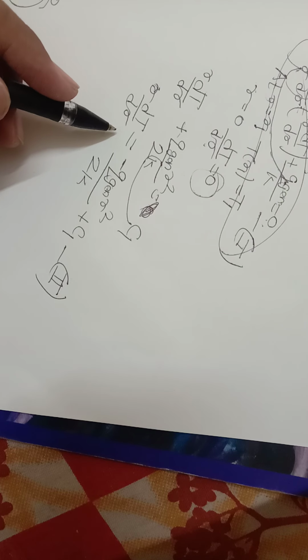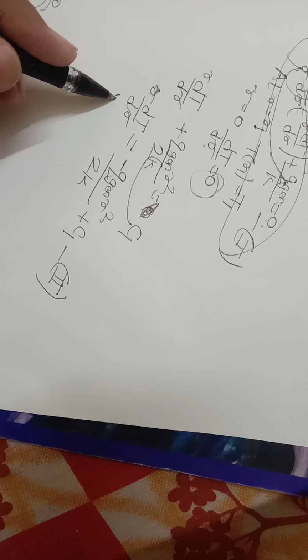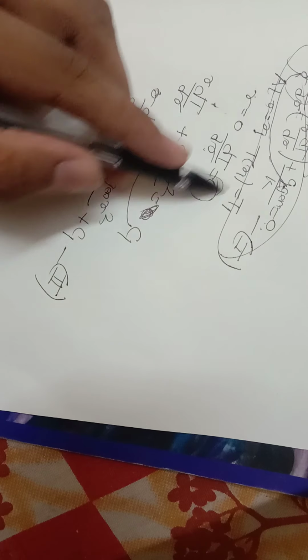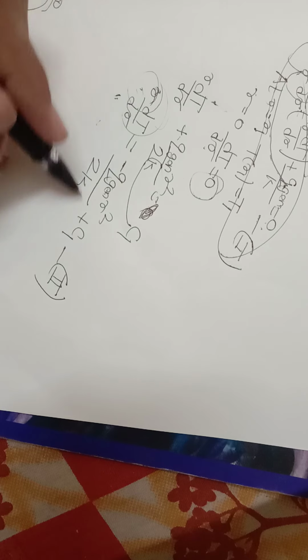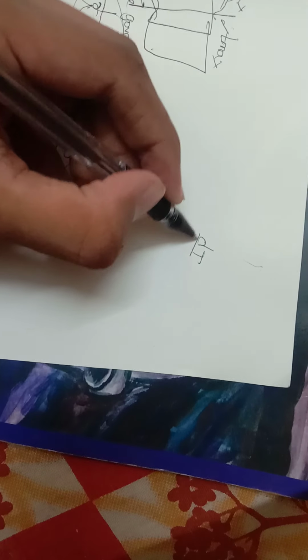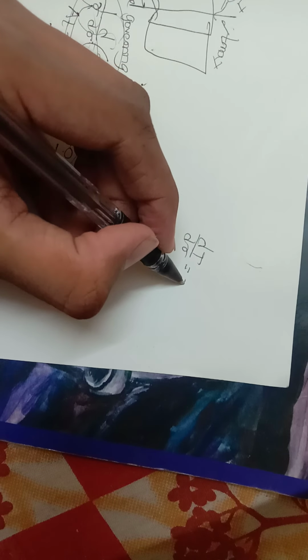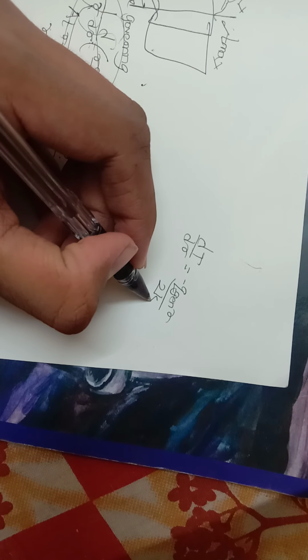Now the next thing, we again have to integrate. First we apply the second condition that dT by dr at r equal to 0 is equal to 0. So at r equal to 0, dT by dr is equal to 0, so c1 is equal to 0. Now on integrating again, we get dT by dr is equal to minus q generated r upon 2k.